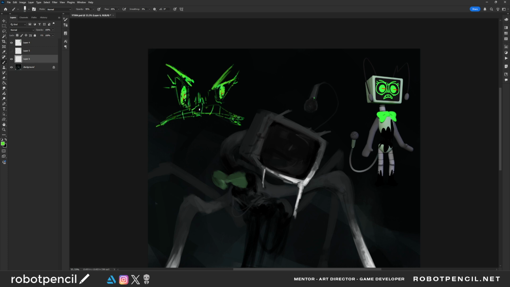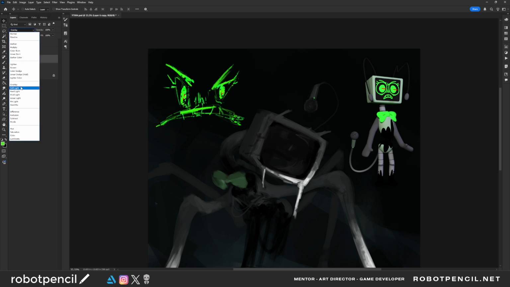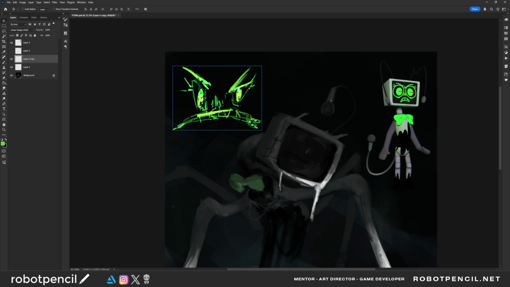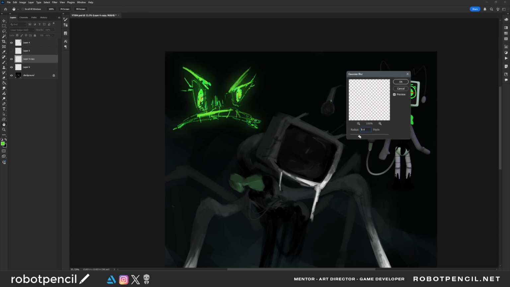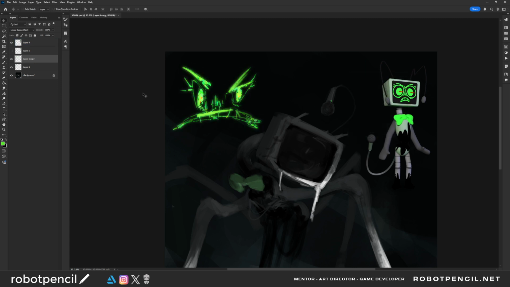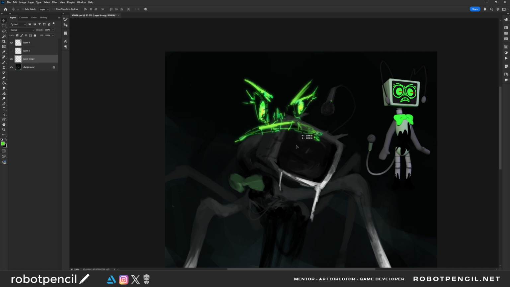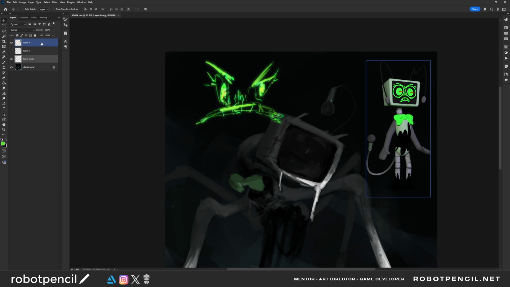And then what I'll probably do here is do a couple things. Okay, so we got that. Let's put color dodge, linear dodge. And now we can do a little bit of blur to give it a bit of a bloom, and then we'll put that on top of it. Okay, so far we're cooking here.